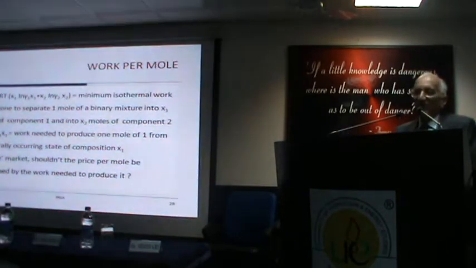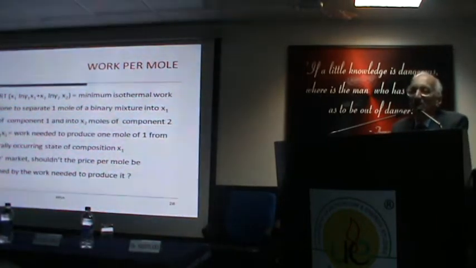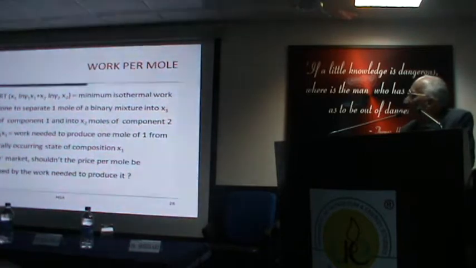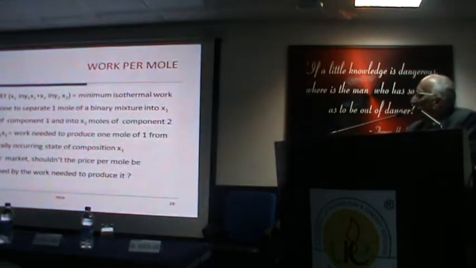In order to put it there, you have to do work against the intermolecular forces. You can calculate this work, and that will give you log gamma 1. Many models are developed exactly along those lines. So you have minimum isothermal work to be done. Here's actually RT ln gamma 1 x1.